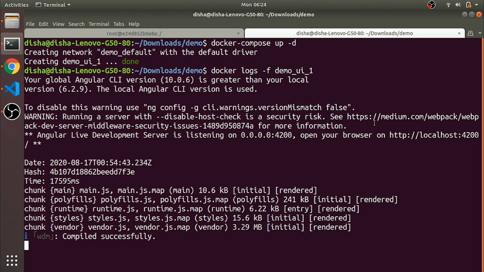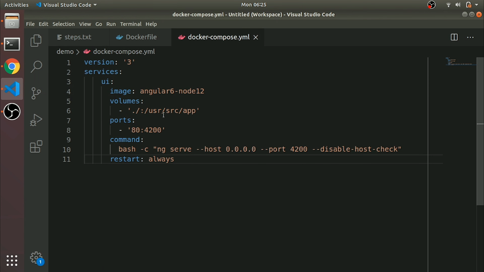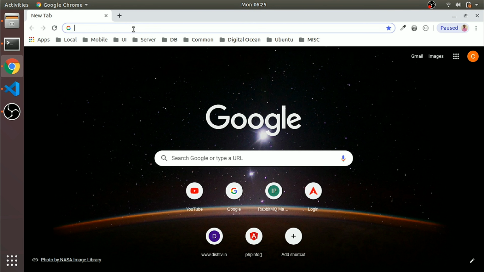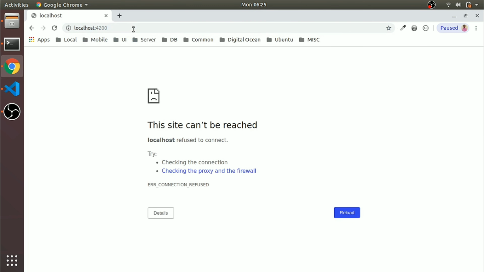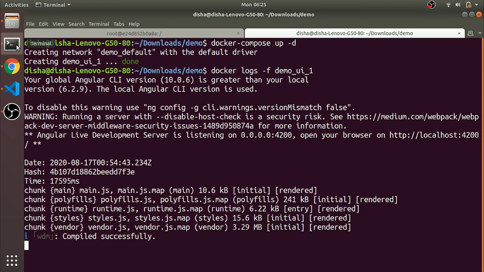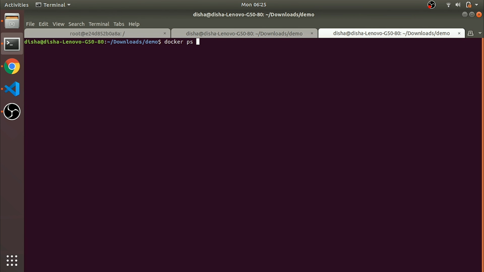So what is it showing? It's running on 0.0.0.0 because this is running inside the container, not outside. What we did is map our 4200 port to outside port 80. So now if you go to localhost, it will show you that. If you put 4200, it's not there because it's running inside the container. We can access this by using the container name, right? docker ps -a.